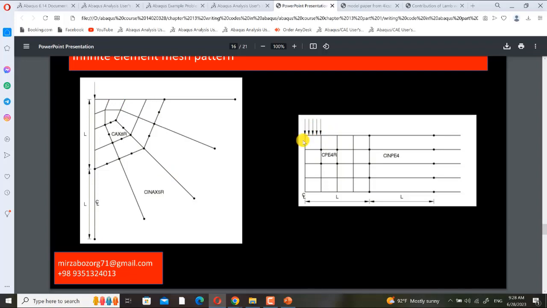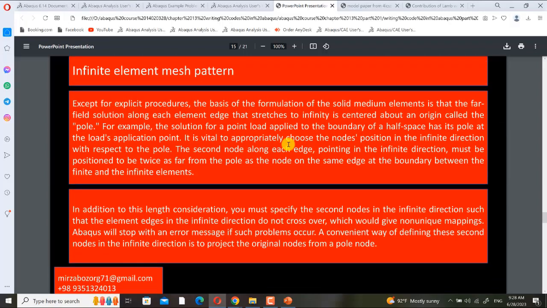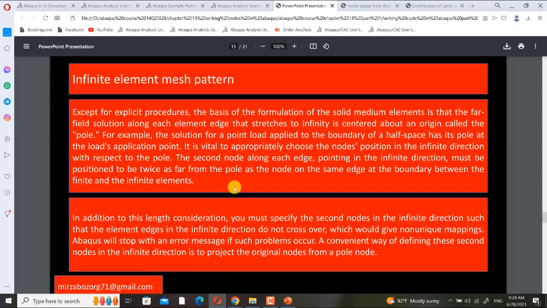In this geometry, this is the pole. For example, the solution for a point load applied to the boundary of a half space has its pole at the load's application point. It is vital to appropriately choose the node's position in the infinite direction with respect to the pole.